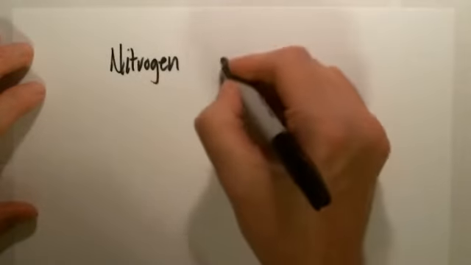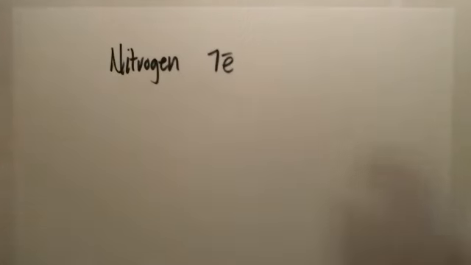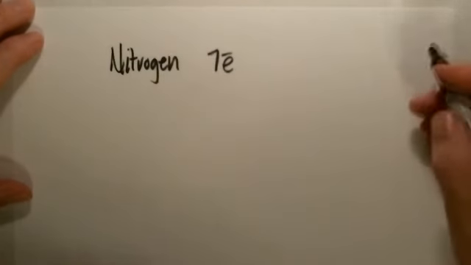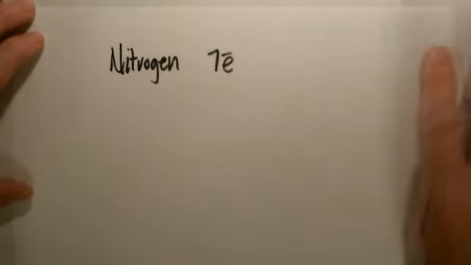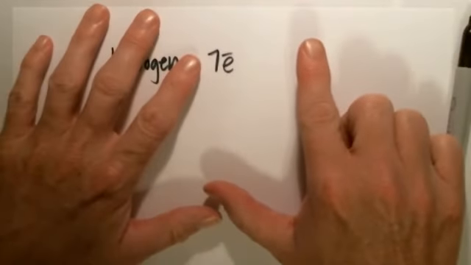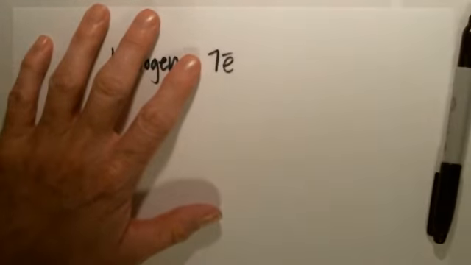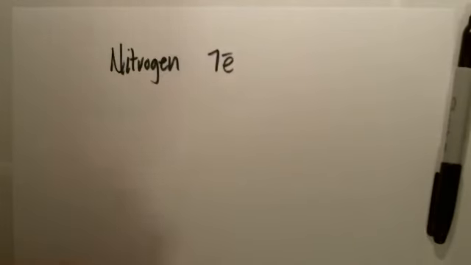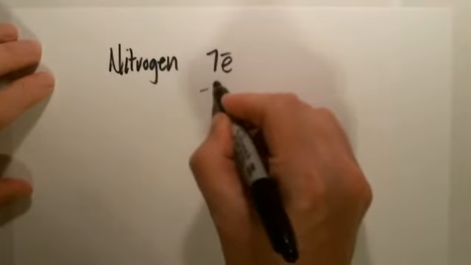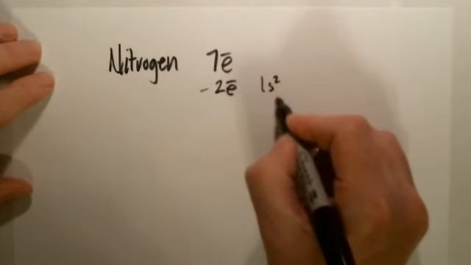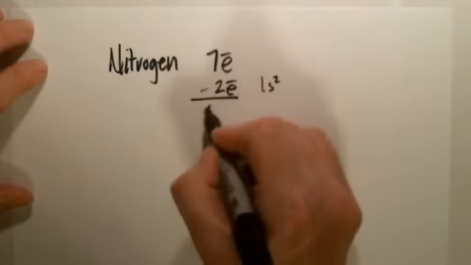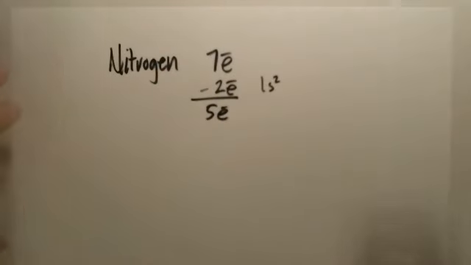Nitrogen has a total number of 7 electrons. Its atomic number is 7, meaning 7 protons, and if it was stable, then it should have 7 electrons. Again, looking back at where electrons can be, 7 total electrons. So 7 total electrons that we have, 2 of those electrons are going to go to that first shell, and that's going to leave us 5 electrons left over. 2 electrons are going to go into that first shell, that 1s2, first orbital, leaving us 5 electrons. Those 5 electrons are going to be in the